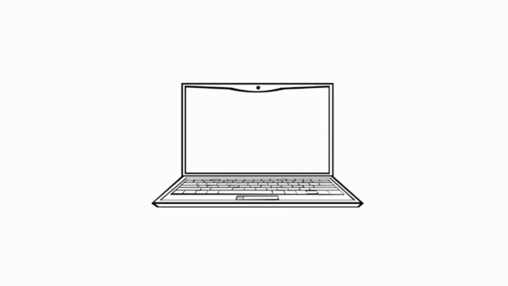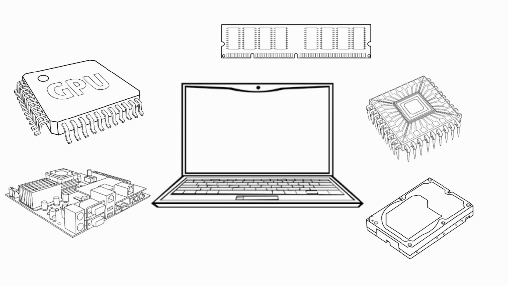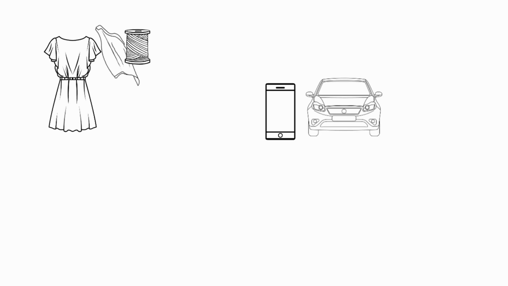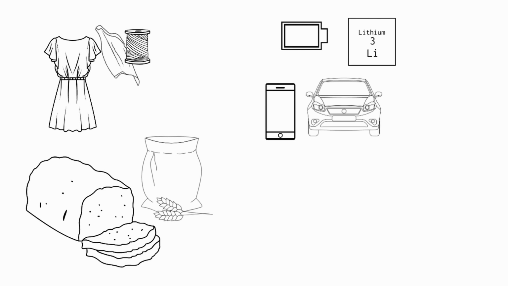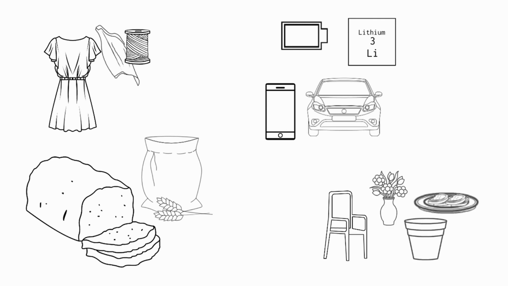Producing any kind of product requires various materials. Let's articulate the subject with a few examples. Garment manufacturers require fabric, and fabric is made from yarn. Smartphone and electric car manufacturers need lithium for batteries. Bakers need flour for making bread and other bakery products, and flour is made from wheat. Almost all the plastic products are made from crude oil and natural gas. These examples tell us that every country needs each other to survive and develop.